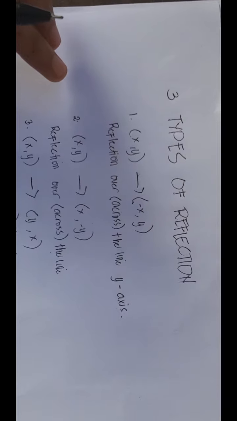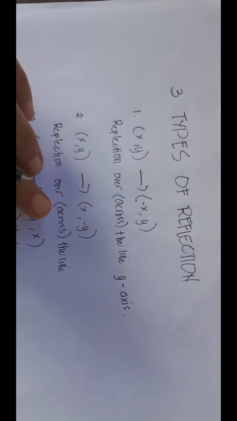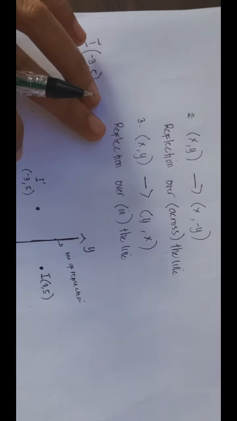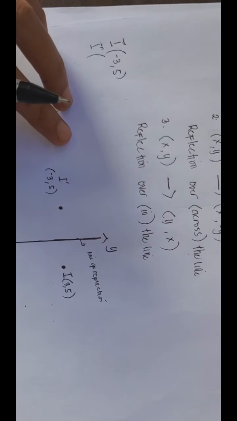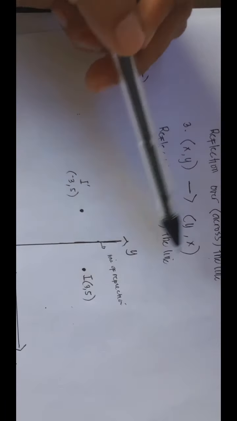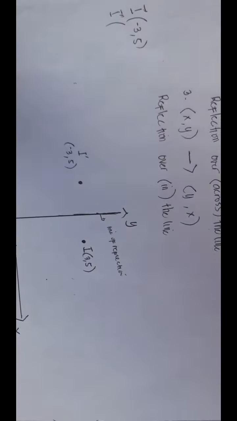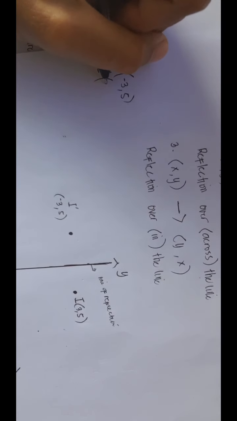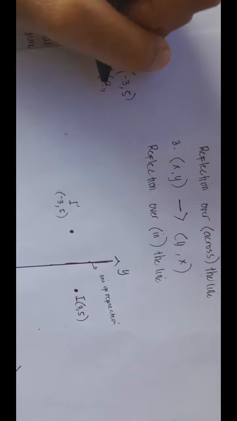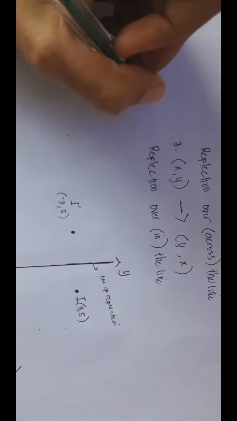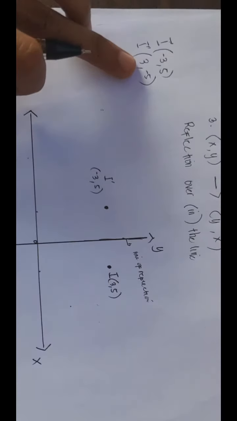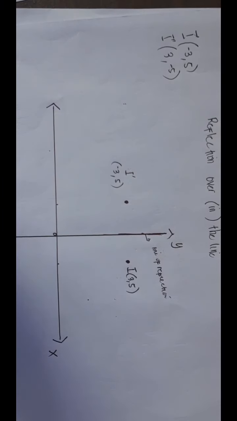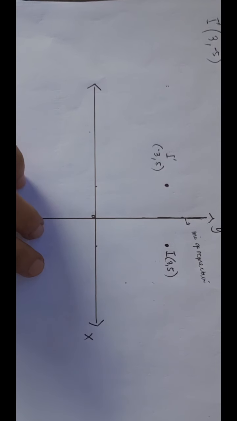So the next rule is (x, y) is mapped onto (x, -y). Now using the same point I with coordinates (3, 5), we need to get the opposite sign of the value of y and copy the value of x. Now this became I prime. Second, copy the value of x and the opposite sign of 5, which is negative 5. Now we need to plot it, and it is located here in the